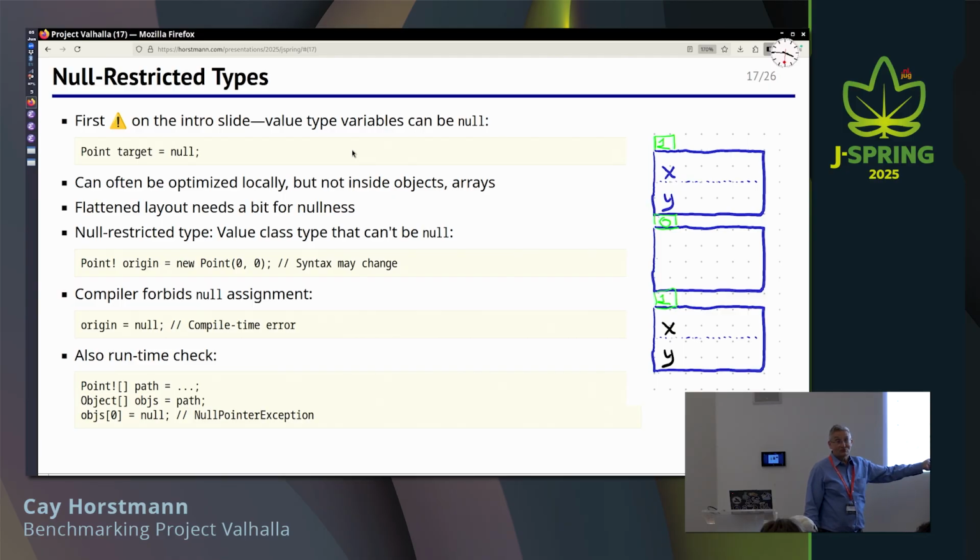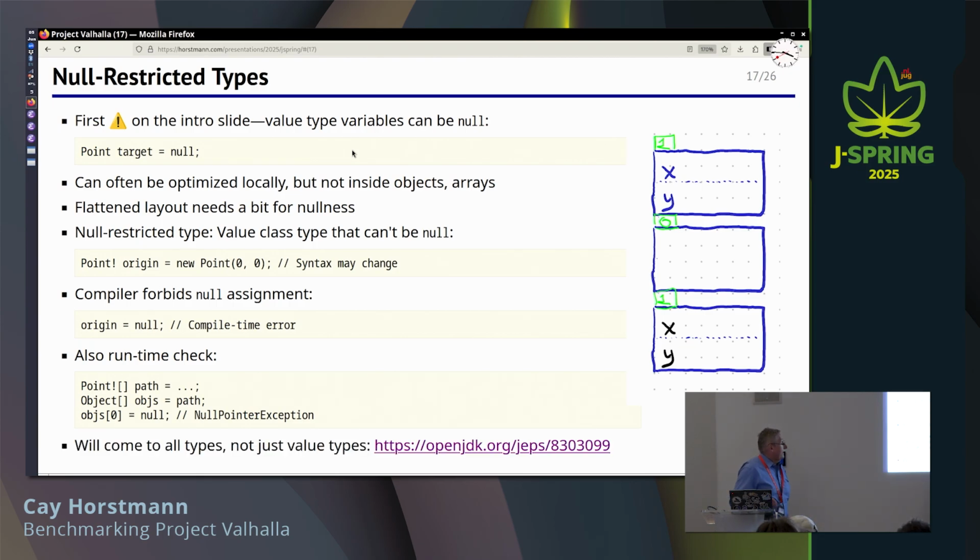And so now, in addition to an array store exception, you can get a null pointer exception. So that's, I think, a plausible change to this. At some point, these non-null indications, the bangs, will come to all types because they're obviously useful. There's a few questions about how this is actually going to work out, because when you start doing this, you will find that you will want to put bangs in a lot of places because it makes semantic